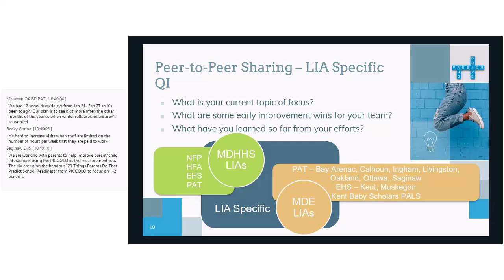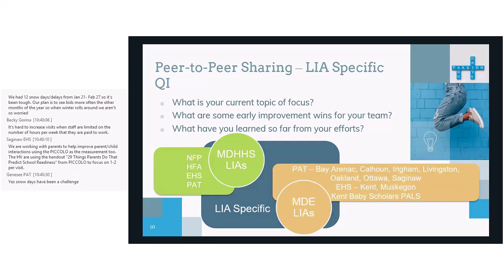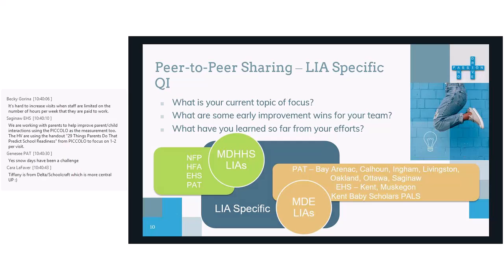So my problem with my staff with the visitation is that they get paid for snow days. So their days dwindle down, but their visitations still remain. So that's been a super challenge for them because they're working their tail off to try to get in all those visits. So we're doing the best we can and just praying when we get down to the end that we've got enough in. But it's a challenge, especially this time of year, because a lot of families seem to